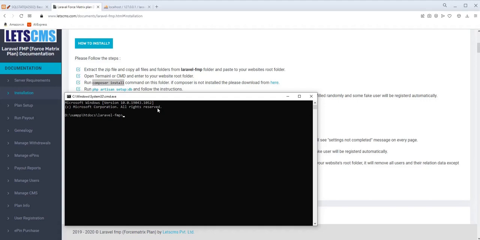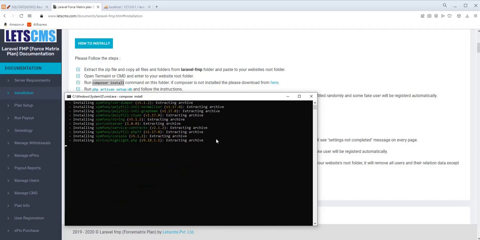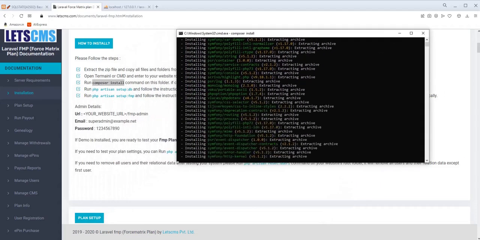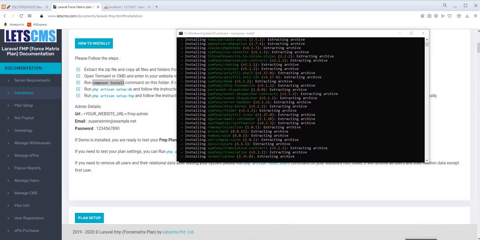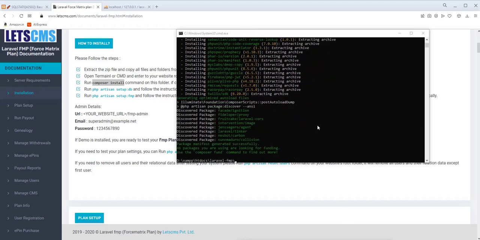Right now I am running composer install here. Everything will be installed within some time. It will take some time. The packages have been installed perfectly.